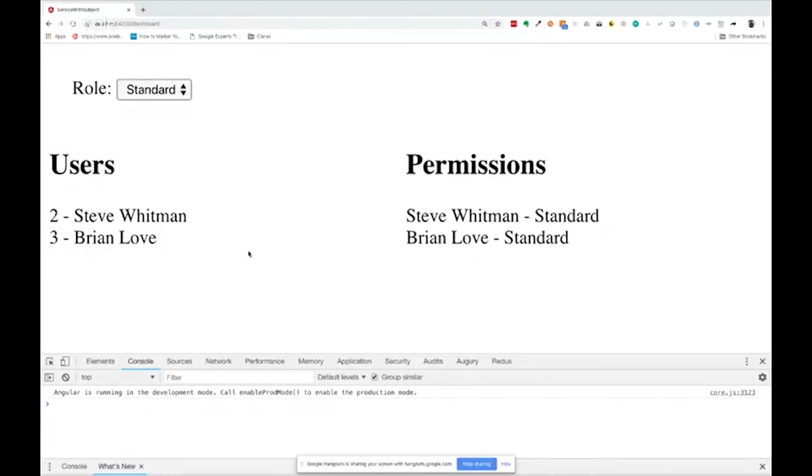All right, one more question. Okay, so you showed us a service with a subject example. Can you think of some type of service or data where service with a subject would not really be appropriate for? Where would service with a subject not be appropriate? I can't think of a place where it wouldn't be appropriate.